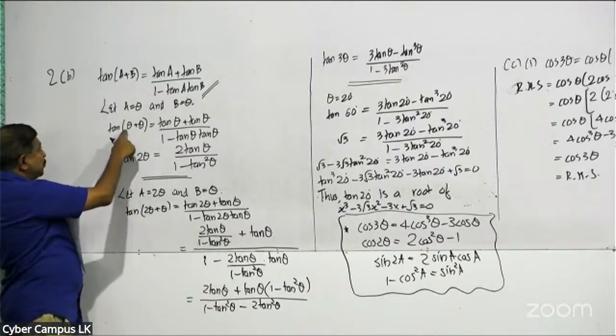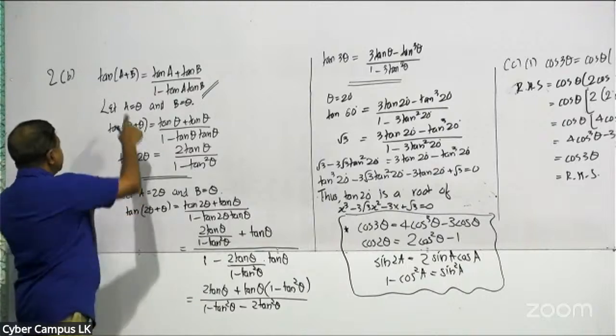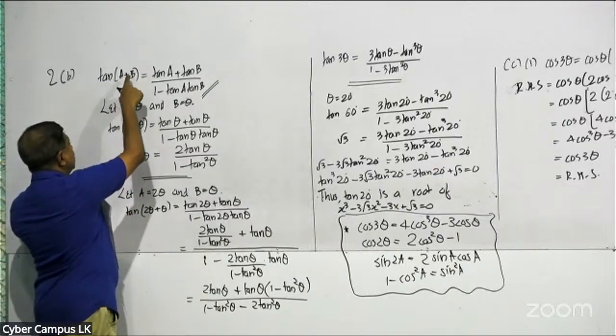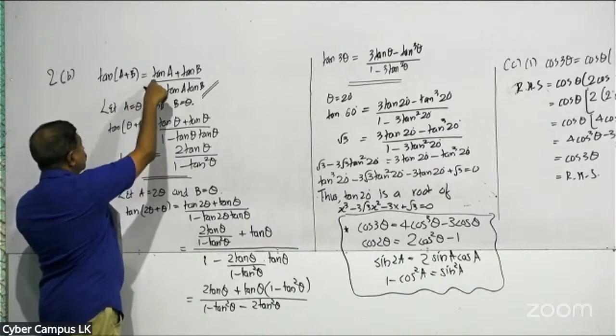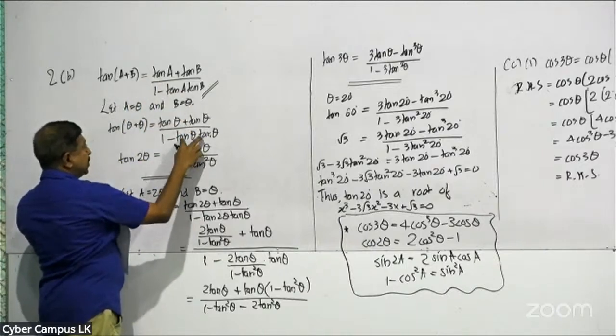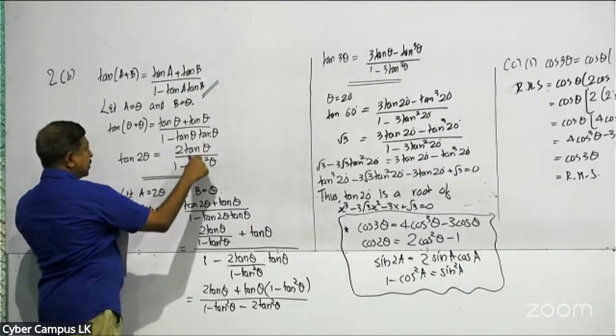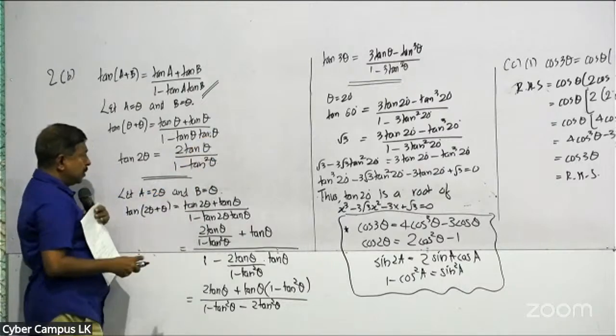Now we have to find tan 2 theta. As in the theory, you choose theta for both A and B. Then substitute theta for A and B, and you will end up with this. Tan times tan is tan squared. Now,